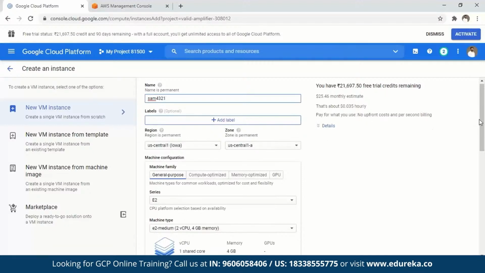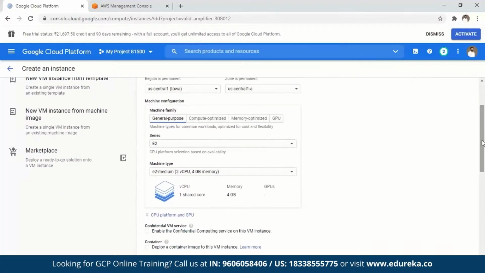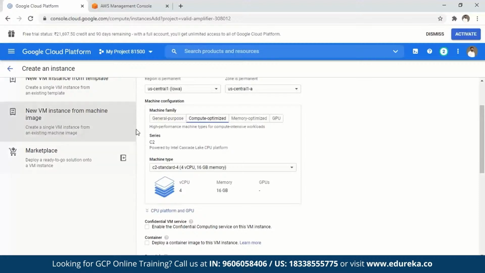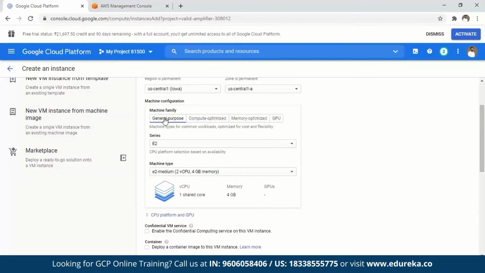Okay, let us now go ahead and discuss some of the other pointers. So it is a general purpose instance. If you click on these things, you'll understand quite a few other things. Basically, when you say a general purpose instance, it serves a moderate performance of your computation and storage. Compute optimized is optimized for your computation, and memory optimized gives you higher memory or better memory usage. GPU is used for your graphical processing. Okay, so we'll stick to the general purpose for now.